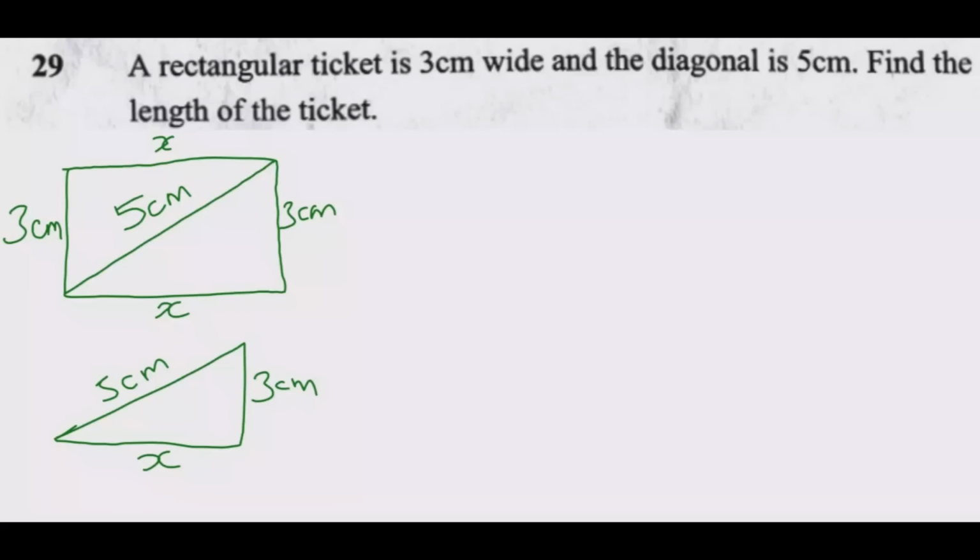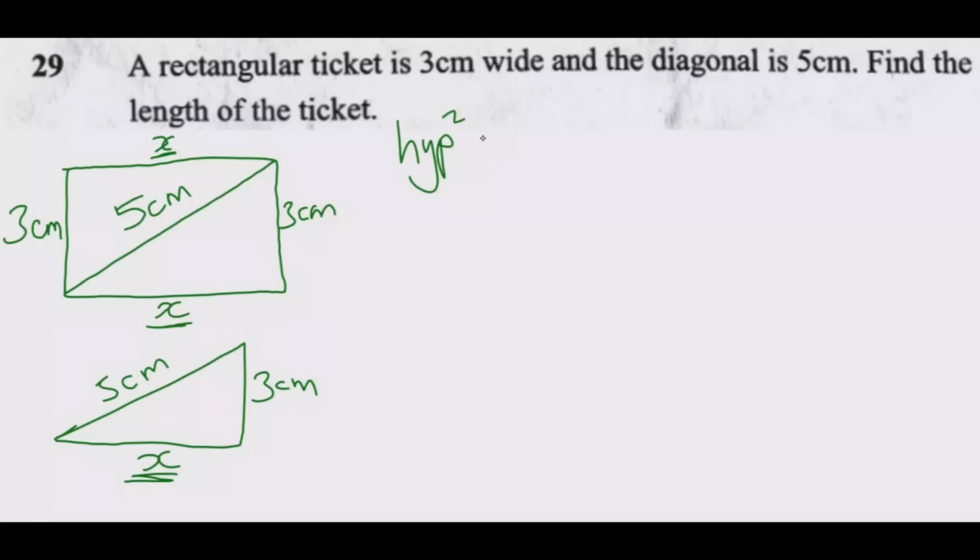So my question is this: what method are we going to use to find the length of this triangle? Once we find this length in the triangle, that means we have also found the length here and the length here. So what are we going to use? To find the length of this triangle, we're going to use Pythagoras theorem, which states that when we square the length of the hypotenuse,